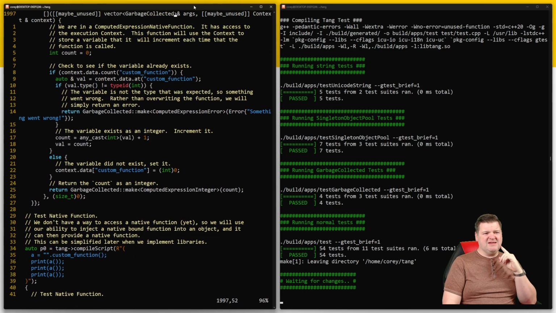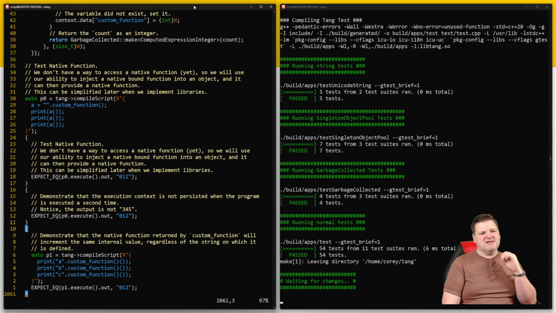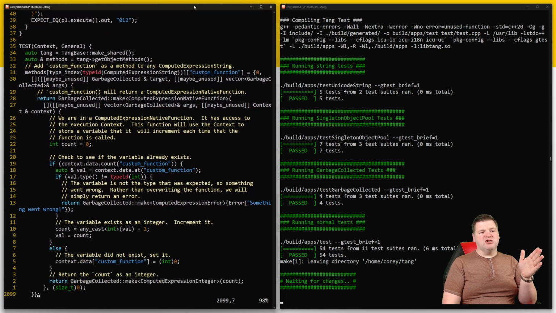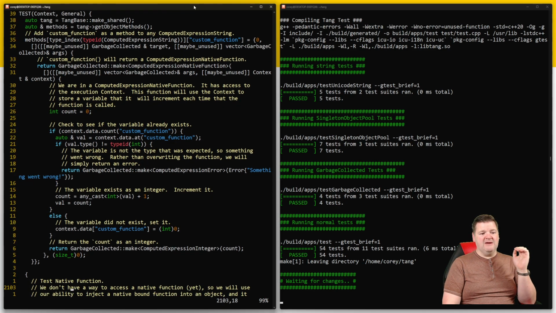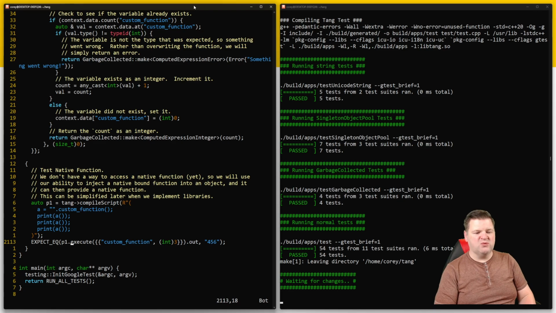Should I separate this even though I'm using the exact same? Yeah, but the point of this is that it wasn't a native function test, or excuse me, the top one is testing native functions, and now we're just using a native function to test whether or not our context works. And, by the way, I'm just going to say this would have worked as well